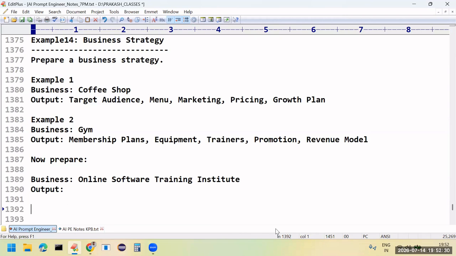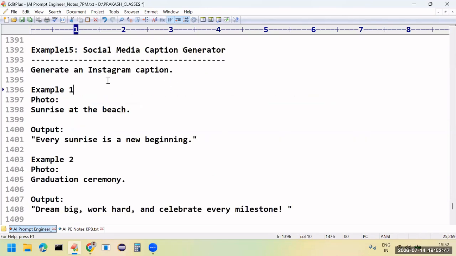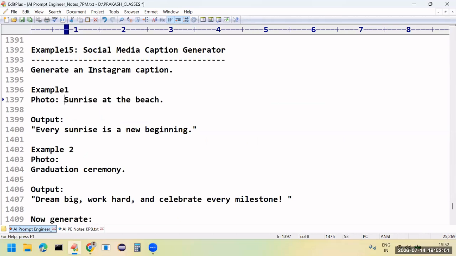Now, sir, next I'm giving one prompt. I used this prompt a few days back when I visited Ooty with my family. I just tried this, and really, it is working, friends. Sir, observe carefully. Of course, my example is different. Generate an Instagram caption. I'm posting one pic of this tour and wanted to give some caption for it. I have given some examples.